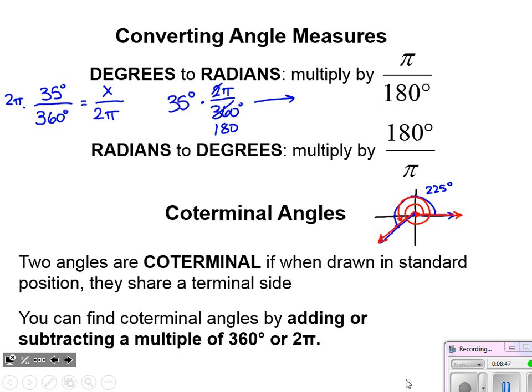So how do we arrive at that? Well, we just add or subtract some multiple of 360 if we're in degrees, or 2 pi if we're in radians, just to find different angles that will lead us to that same ending point. And this is often useful if someone were to ask us, hey, what's the sine of 900 degrees? We'd want to find a coterminal angle that was smaller than 900 so that we could easily draw it and work with it. So that's why we have them, to handle large angle measures.